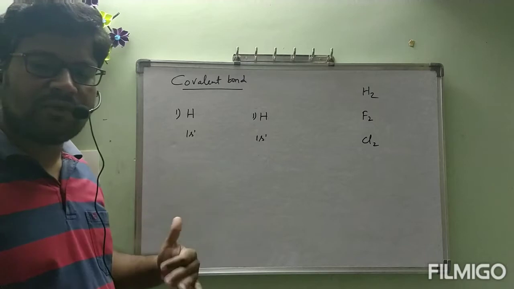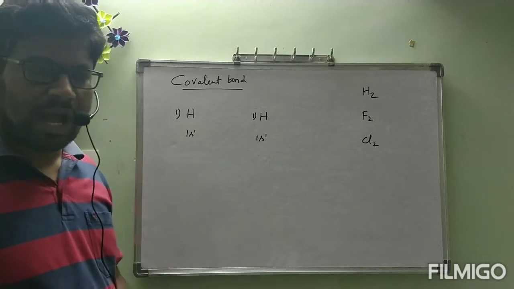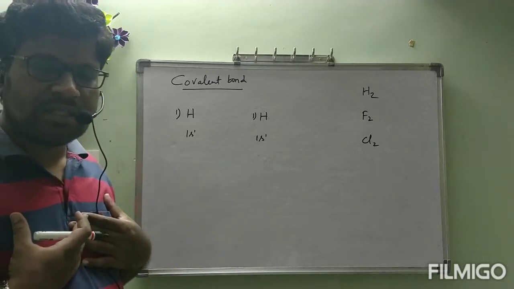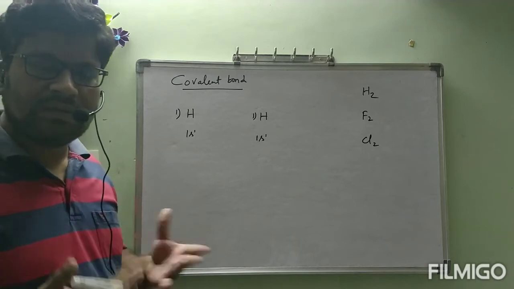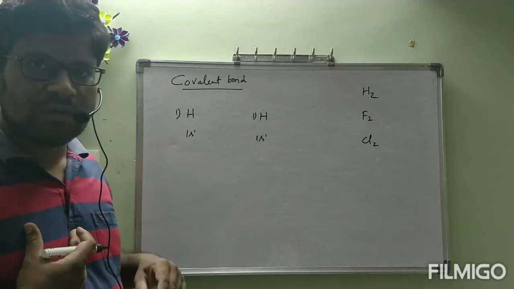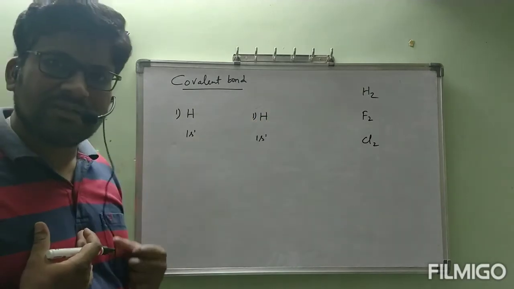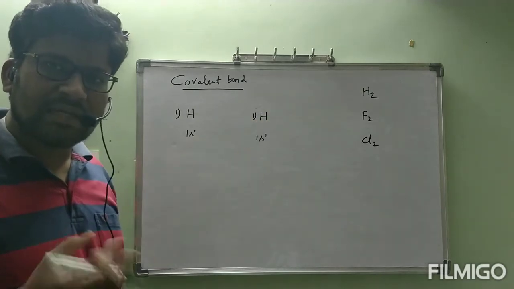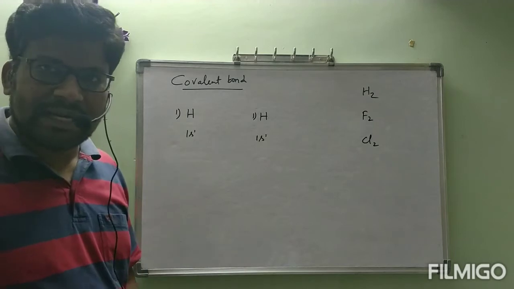Then this hydrogen doesn't want to give that electron. I have only 1 rupee. Then what is the thing? If I lose that 1 rupee also, I will lose stability. Then this hydrogen won't give. Same condition will be for this hydrogen also. This hydrogen also will not donate that electron.